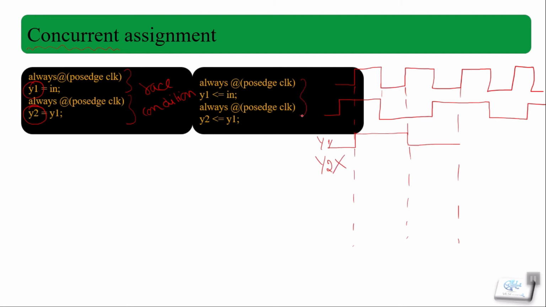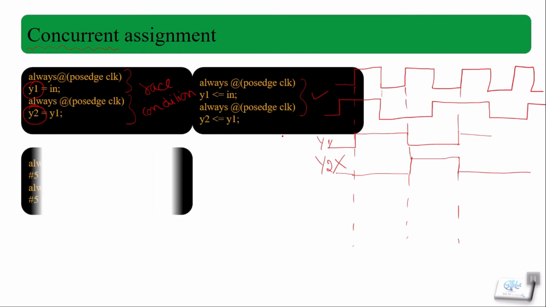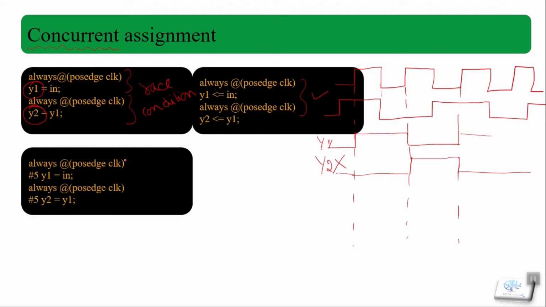Now let's consider the case of the non-blocking statement. Here we are using the non-blocking assignment, and we simply get our output Y2 as it goes on the next positive edge of clock, it updates with the previous value of Y1. So we get our output this way. The non-blocking assignment statement will avoid the race around condition, and we already know about this from our previous lecture. So now the effect of the delay on both.